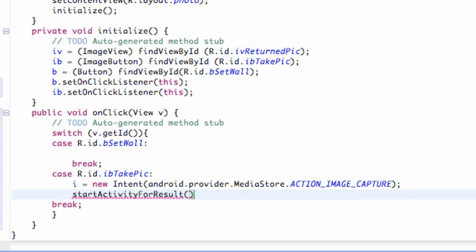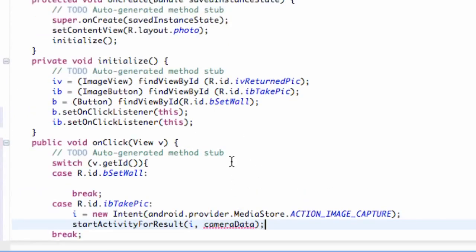And then within the brackets, we're going to set up our intent. And then we're going to hit a comma and basically set up a variable that's going to collect the data. And it's going to be an integer type variable. So we're going to say cameraData is what we're going to call this variable. Since we don't have a variable yet called cameraData, we're going to set this up